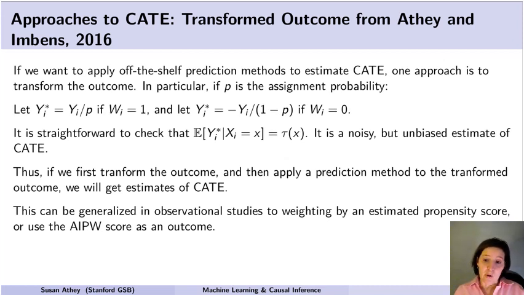So this seems at first like it might be specific to randomized experiments, but actually if it's a setting with unconfoundedness, an observational study, I can just replace that P with the estimated propensity score. And in fact, I can go further and also use the AIPW method, which would basically adjust this further for an outcome. So I could estimate an outcome model and a propensity model and come up with the AIPW score and use that as a left-hand side variable. So that's one way to use off-the-shelf prediction models to estimate conditional average treatment effects. But there are other ways, and that's what I'm going to focus on for the rest of this lecture.